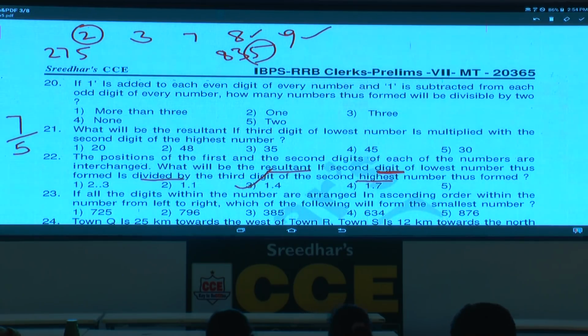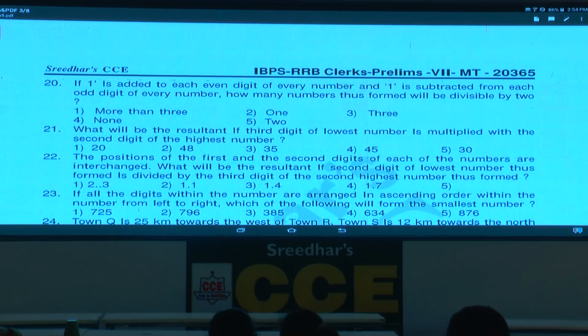Then 23. Now in this 23, if all the digits within the number are arranged in the ascending order from left to right, which of the following will form the smallest number? Now smallest number, now if you take 725, now among the given choices, 2 is the only element which is the least number, isn't it? Now the 2 will come to which place? First place, isn't it? As 2 is coming to the first place,